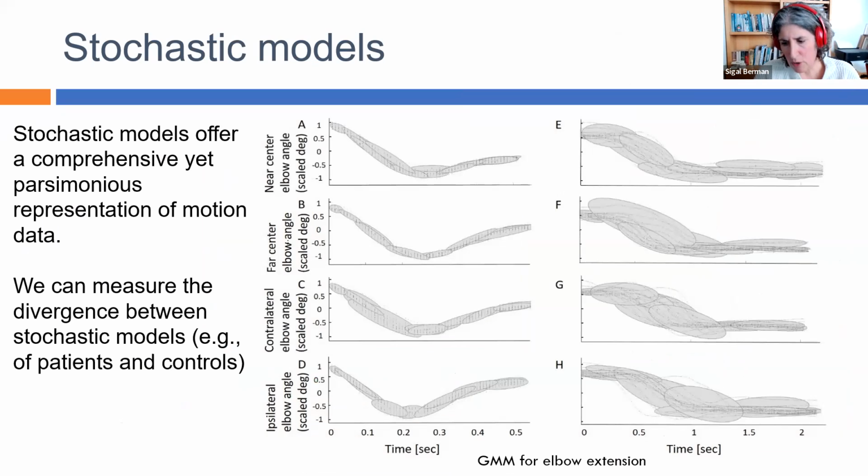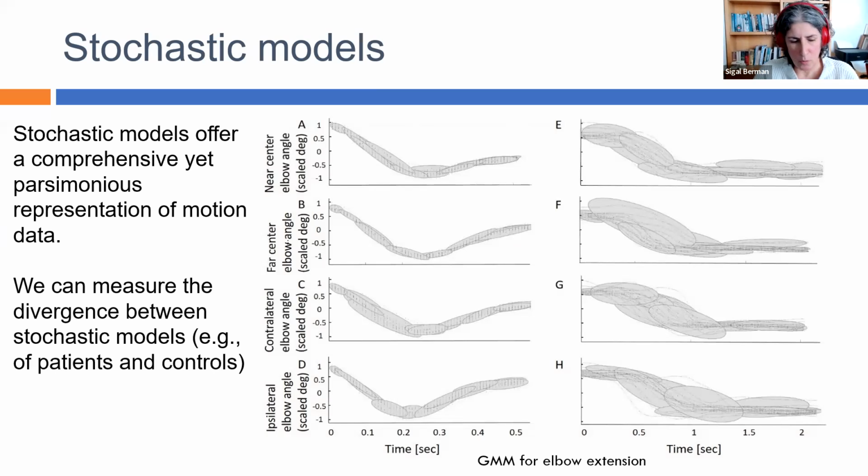Now we are currently analyzing the results of this experiment. I will not show you all the results. I will show you results of one measure. The patients were trained with virtual reality games, and then they were tested with reaching towards 4 target cones. And these are traces of elbow motion during reaching.